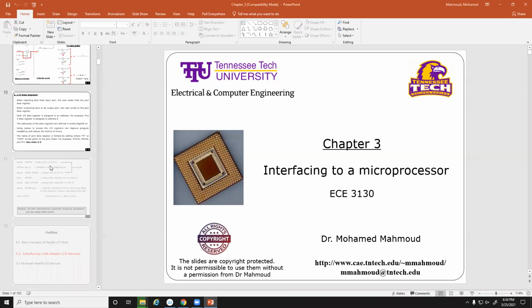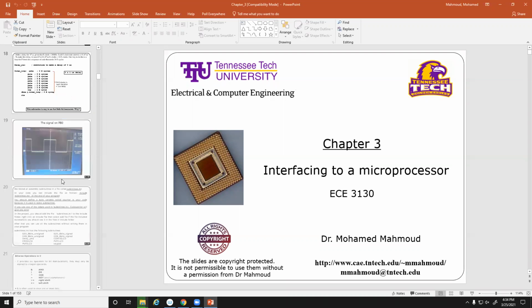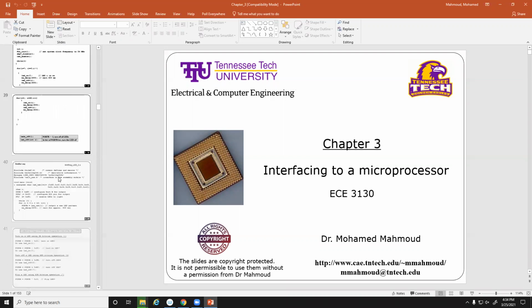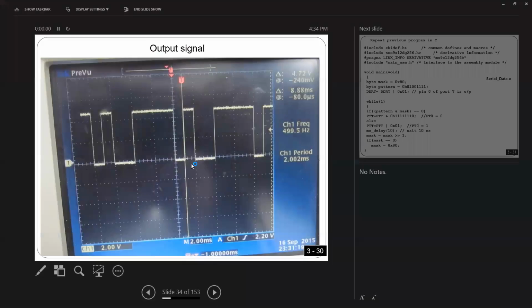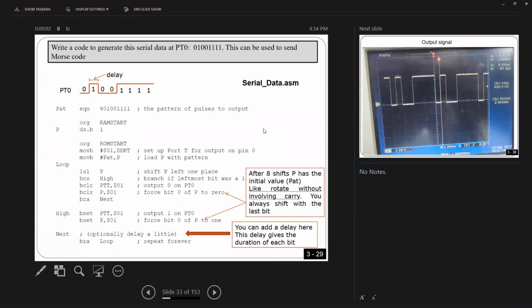So, I want to continue what I started last time. Last time I was here in this program. I told you in this program we want to do something like serial communication. So you are going to send some data serially, and as I told you,